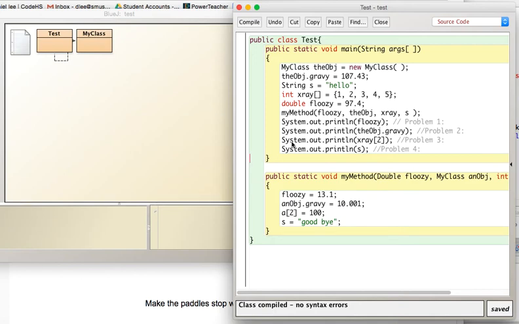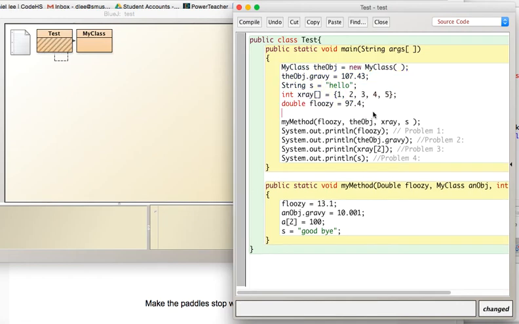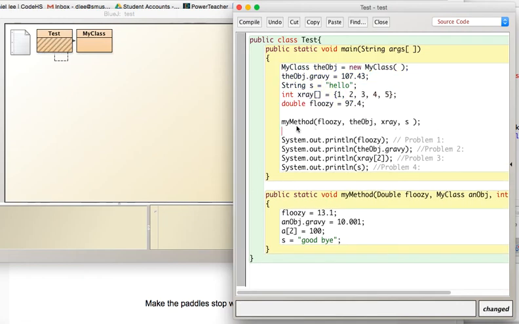So I guess to start off, I want to define what is pass by value, what is pass by reference. Pass by value means that, for instance, here we're making all these different variables and objects, and then we're calling my method and passing it those variables and objects. And then in my method, we're modifying the values of those variables and objects, coming back to the main and printing out the values to see how these are being passed. What are the characteristics of them being passed? Let me run that,